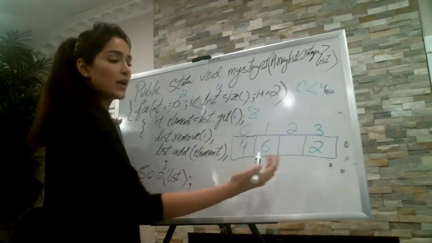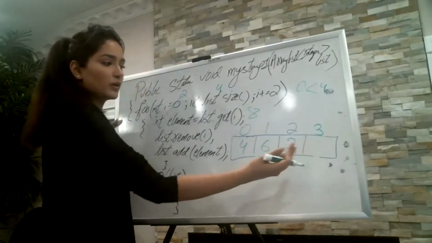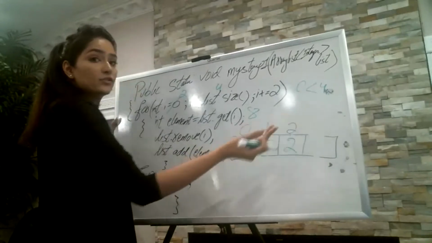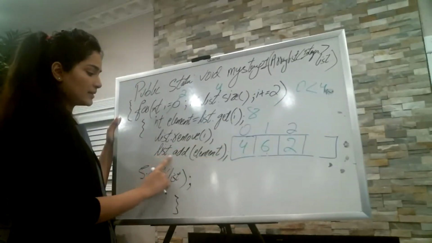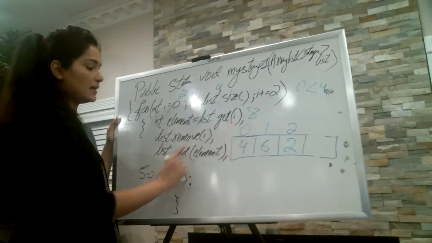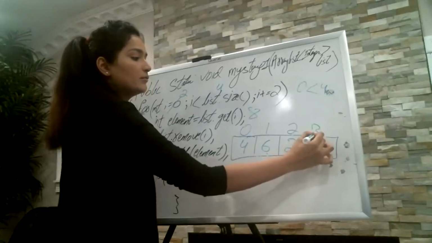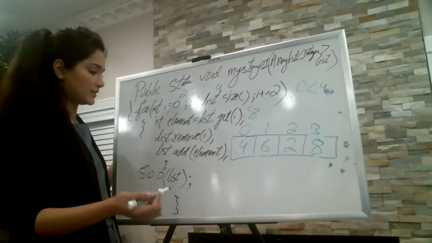And as I remove 8, 2 is shifted back. And this 2 is removed because that's the 2 which we have shifted on this side. And even that index is removed. After list.remove(i), we have removed that index. list.add(element). Element is 8. And we add it at the end. 8 is added at the end of the list, and again a new index 3 is recreated, I would say.